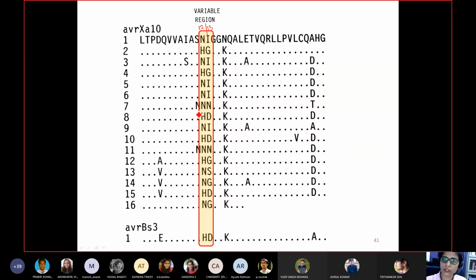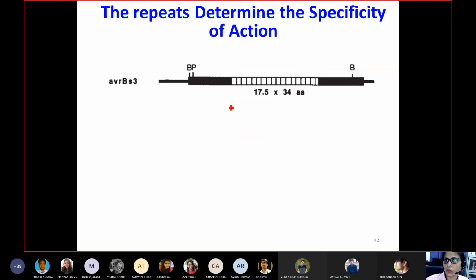So this is the domain structure of the AVR-BS3 protein. You have an N-terminal domain, a C-terminal domain, and in between, the central repeats. You have these repeat sequences, 1, 2, 3, 4, 5, 6 up to 17, and the last one is 0.5 because only half of the portion was conserved, repeated similar to the other repeats. This is why it is said to be, like other FOC1 enzyme or zinc finger nuclease or zinc finger transcription factors. So how did they note the significance of these structures?